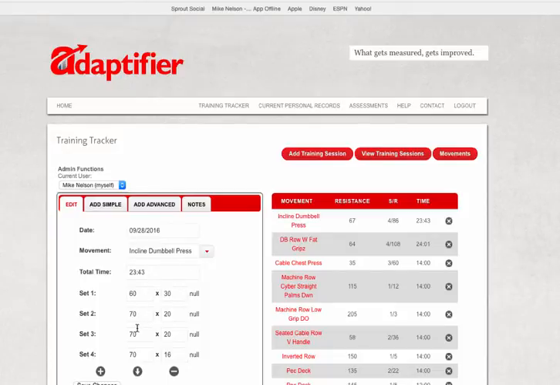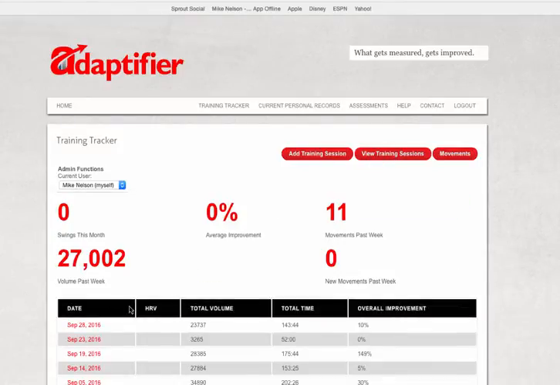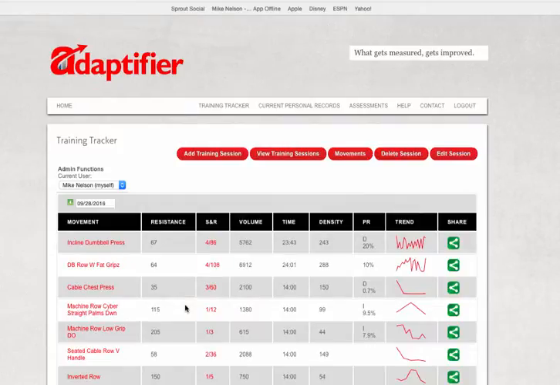So the weight here is just the weight of the individual dumbbell. So I used 60, 70 pounds yesterday, and the total number of reps I did, which accounts for both hands. And then when I go back into this, so if I add this as a training session, I can now view, as I said, my performance over time. So if I go click here,